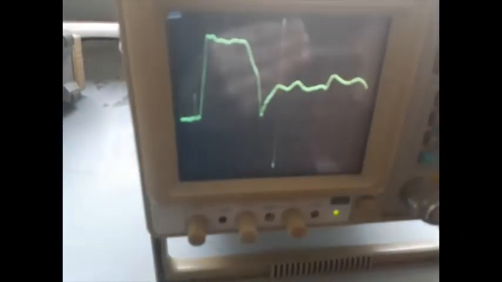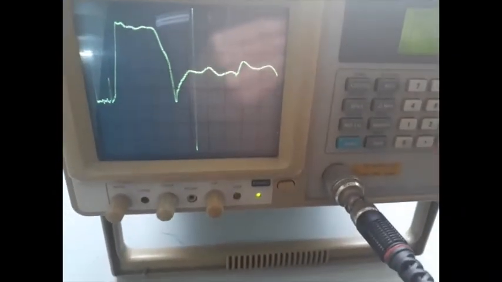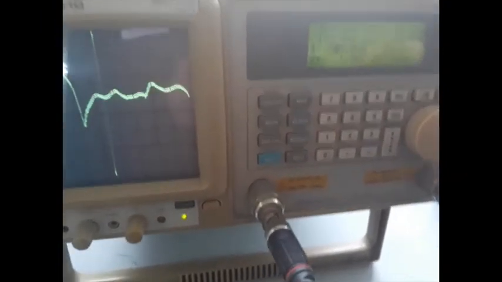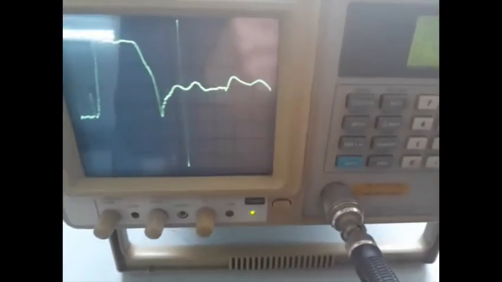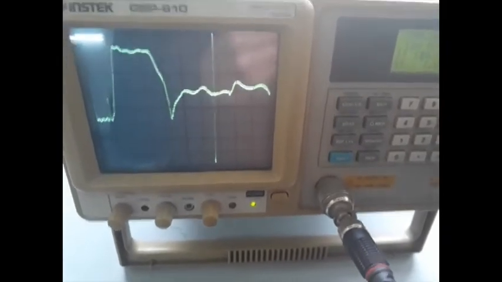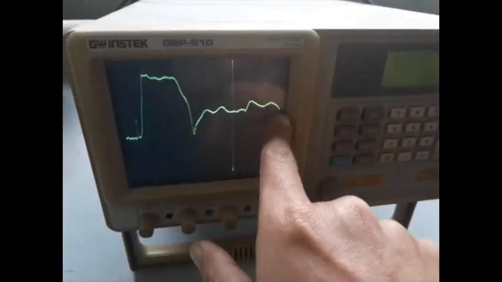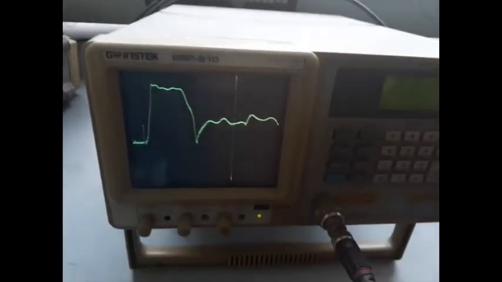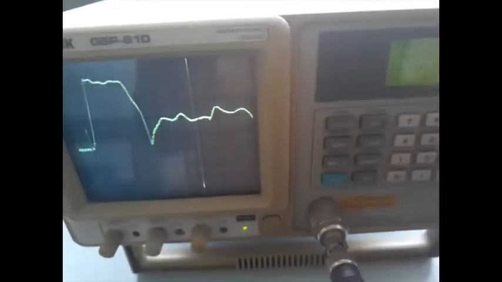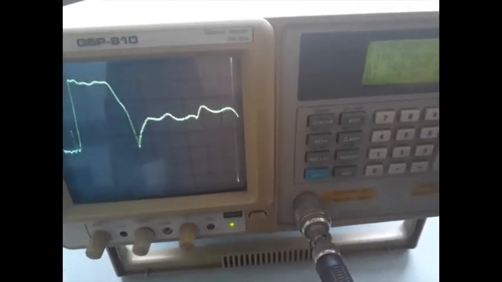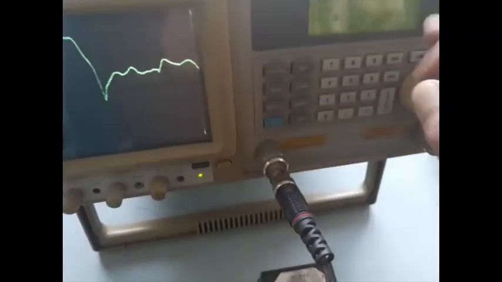So in this way you change the cursor position using this dial reading, and you take the corresponding frequency and power at a gap of 20 megahertz. Okay, so once you finish starting from left side to right side, you have noted the frequency versus power variation, right. So once you are at this position, so it is the last reading maybe, then you have to change the filter, right.